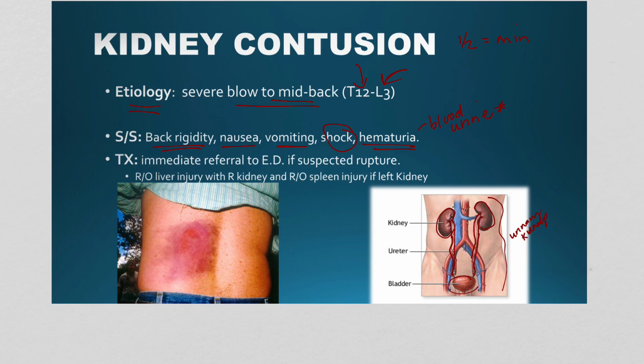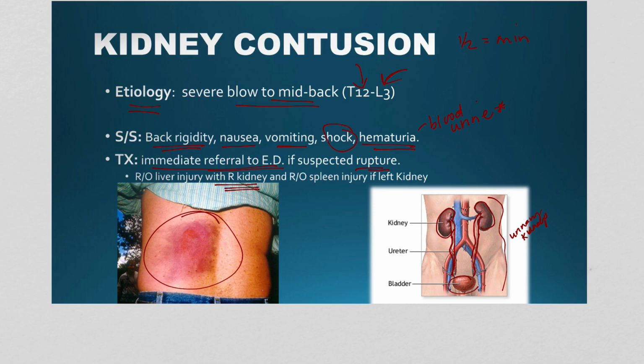If you notice bruising on the posterior aspect of the low back, and the patient is presenting with back rigidity, some nausea and or vomiting, then that's an immediate referral to the emergency department, especially if you think it's ruptured. The patient, typically what I'll have them do is just go to the bathroom, urinate, and see if they see kind of blood specks. But big thing with a right kidney